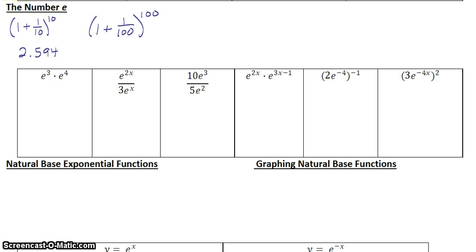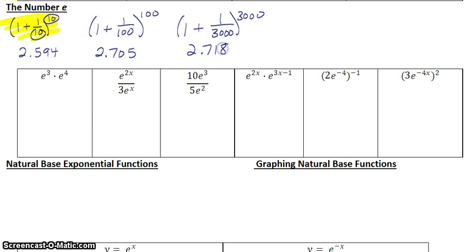And quick note, this is from that formula we learned the other day, the interest formula where you're compounding and then the n is on bottom and the n is the exponent as well. Alright, so when I solve this, I end up with 2.705. Let's go again. I'm going to now make n 3000, and this is leading somewhere in case you're wondering. Basically, what I'm trying to show you is, as n gets bigger and bigger and bigger,